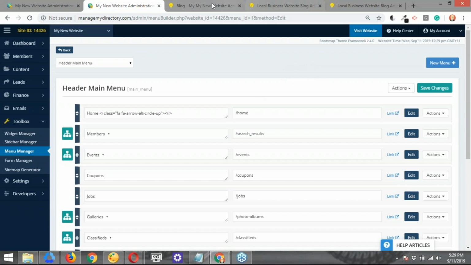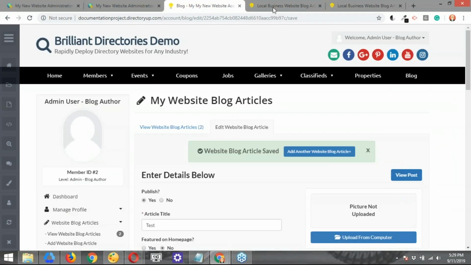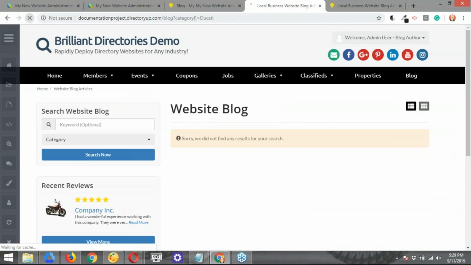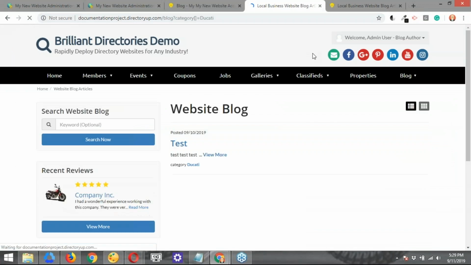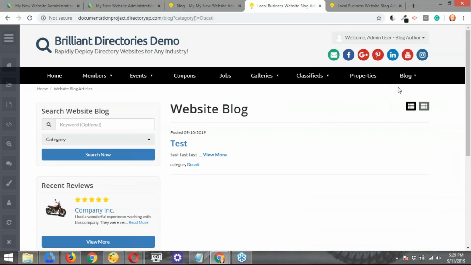So now if we go to the live page or the front end, if we refresh, then you guys will see, there you go, that we have the blog and then we have the relative link, which if I click on it, then it's just going to take me to the same search results page. There you go. That's a very easy way. Again, you can do this not only for the blog post like we said at the beginning, you can do it for all the different features available in your Brand Directories website.